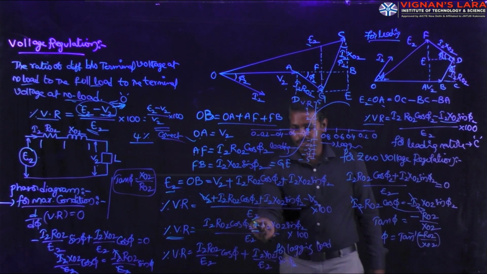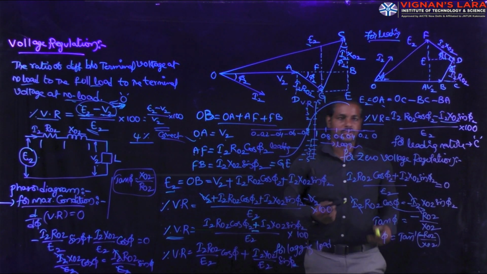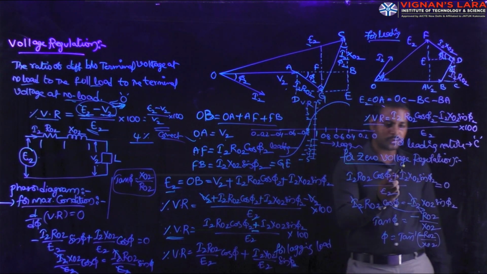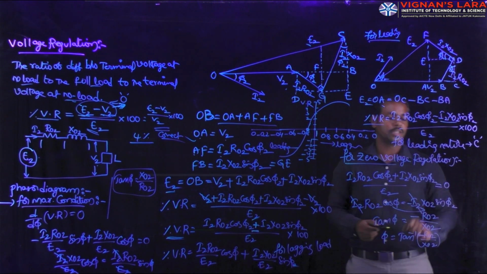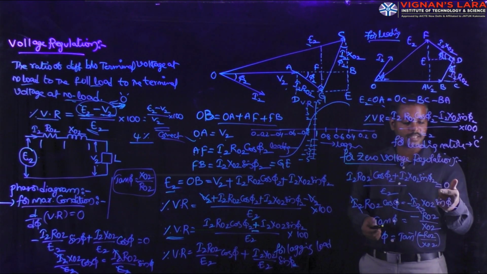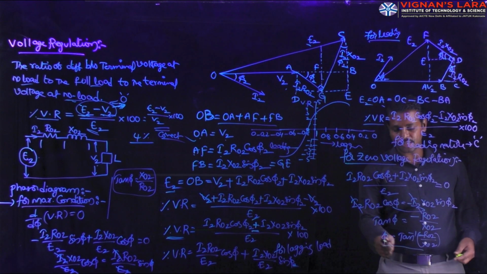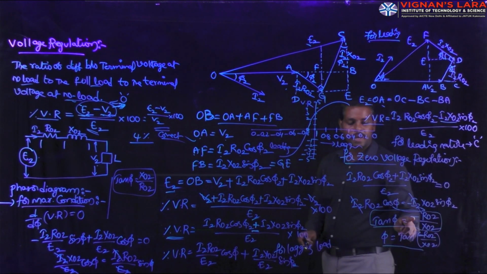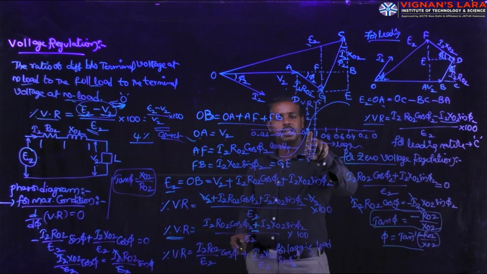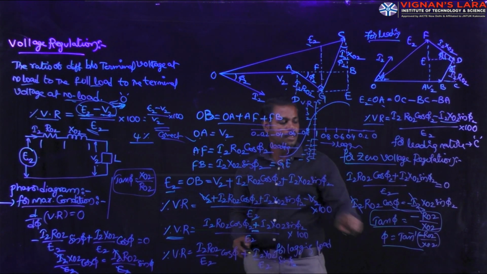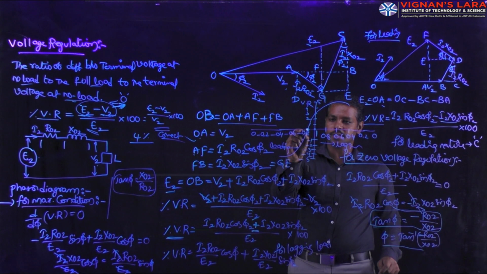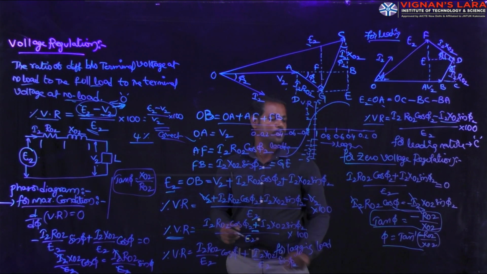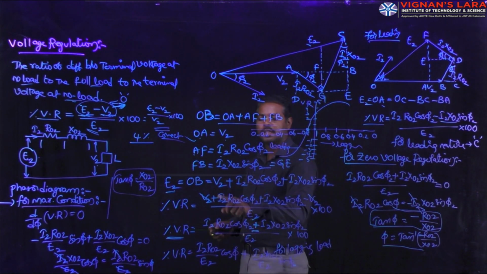Based on these equations, we are calculating two conditions: one is zero voltage regulation, the second is the maximum condition. For zero voltage regulation, the value is always equal to 0. When we consider lagging power factors, it is equal to 0. Simplifying, tan phi is equal to minus R02 by X02. The minus indicates that zero voltage regulation always occurs at leading power factor. That's why this graph is always presented at leading nature. Negative values must be present, then only it comes to the zero value.